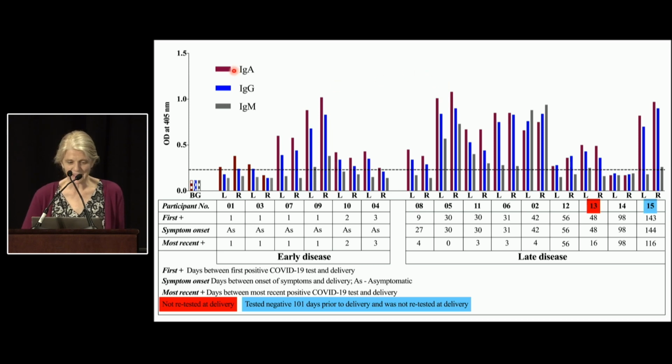Women really do vary. So you can look at their IgA, their IgG, and their IgM, and they vary. So here, if we look at participant 15, she first tested positive 143 days prior to delivery, and her symptoms were 144 days. The last time that she was positive was 116 days prior, and she has a very robust, long-living antibody response. In comparison, participant 14 was still tested positive with a PCR test at delivery, and her first positive test was 98 days previously,